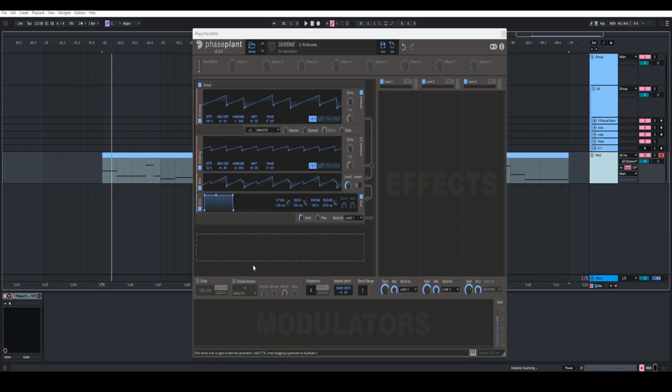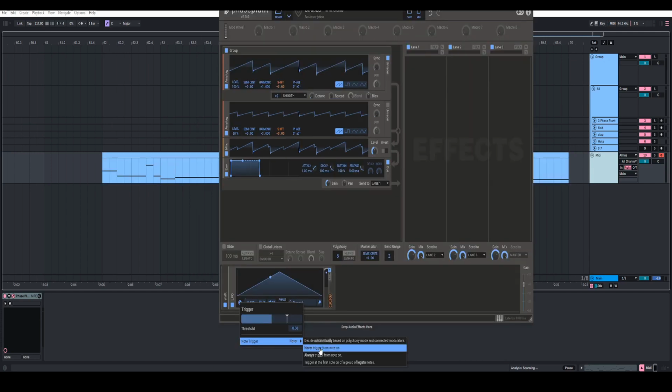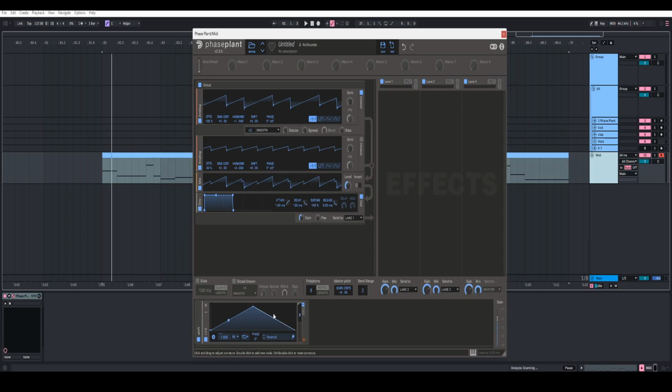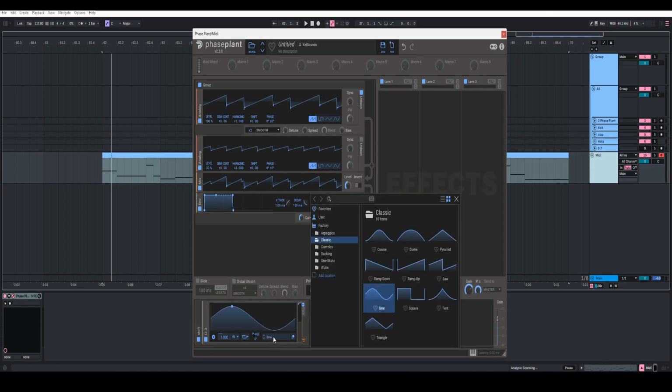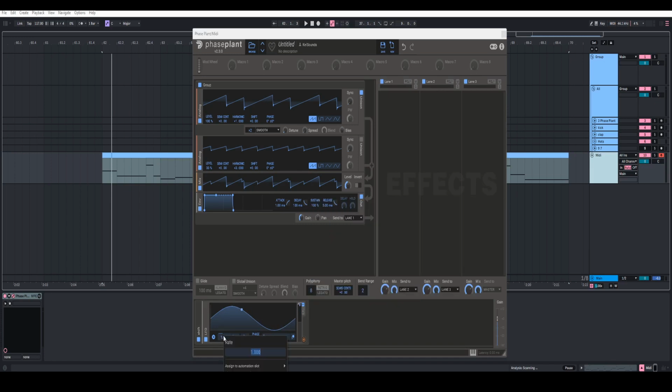Now the next thing I want to do is add an LFO modulator to modulate the shift of our analog generators. So I'm going to come down here and add a new group, call it shift, and then I'm going to grab an LFO, right click on the trigger input, and for the note trigger, set it to never trigger from note on, so that way it's constantly playing and not being triggered by the MIDI notes. I'm just going to come over here to the preset shapes and click on the sine wave, and then I'm going to right click the rate and hit 0.1382. Then I'm going to come over here to the plus of our LFO, right click on the shift, and instead of this first LFO, I'm going to come underneath it where it says Hertz, right click, and type in